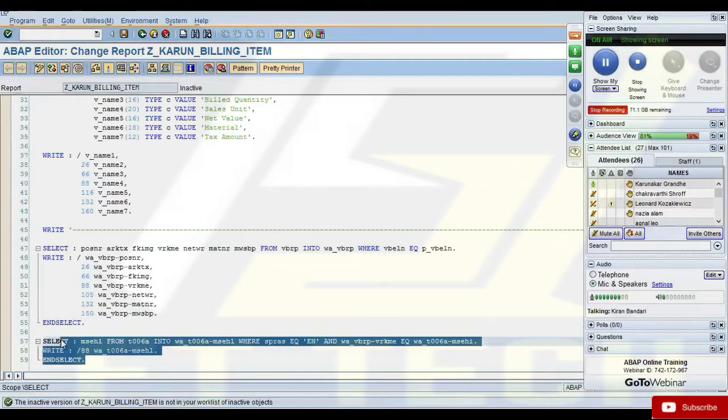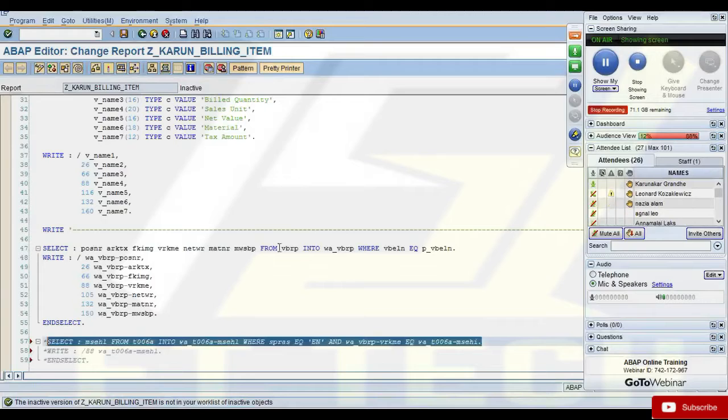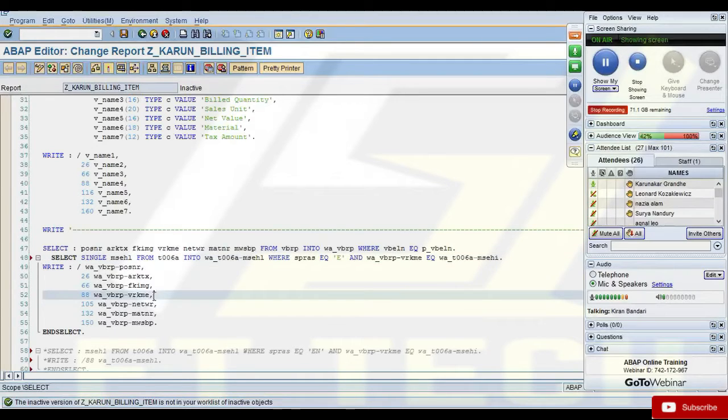So instead of writing it here, you write it here, and since you need to select only a single record, for every record you're getting, you say select single into this, spras equals to E, compare the internal format, and this equals to this. And here instead of printing VRKME, we print T006 MSH.